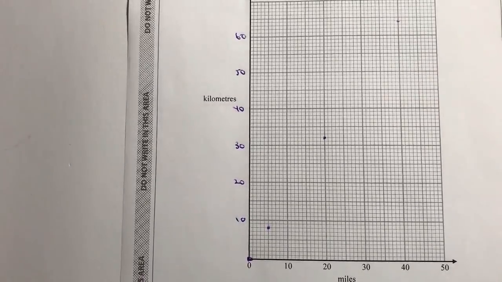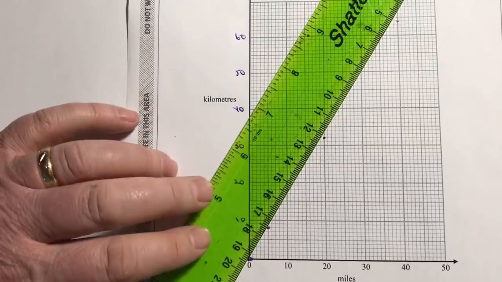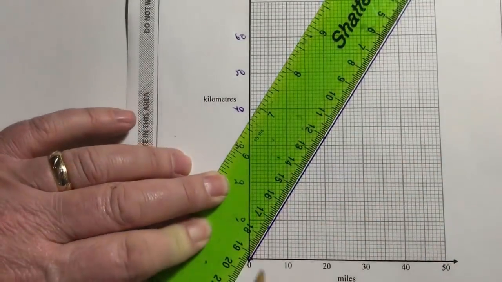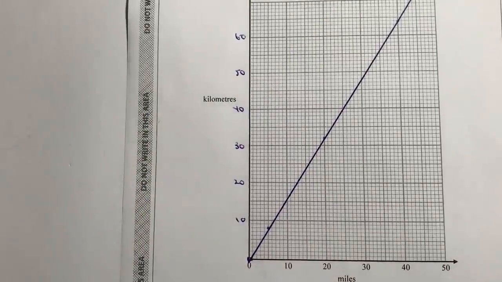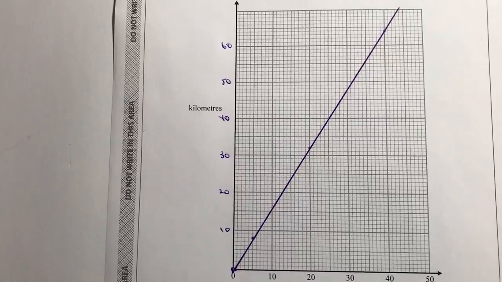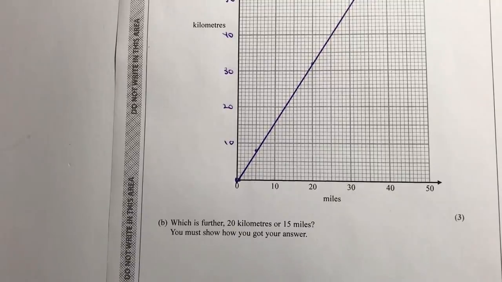And what you'll find is that actually this is going to make a straight line. So what I can do is use my ruler, and then I can create for myself a nice conversion graph that will actually go on and on forever and ever as a direct conversion. Okay? And then to ensure that you're getting this correct, they ask a supplementary question of part B to this,